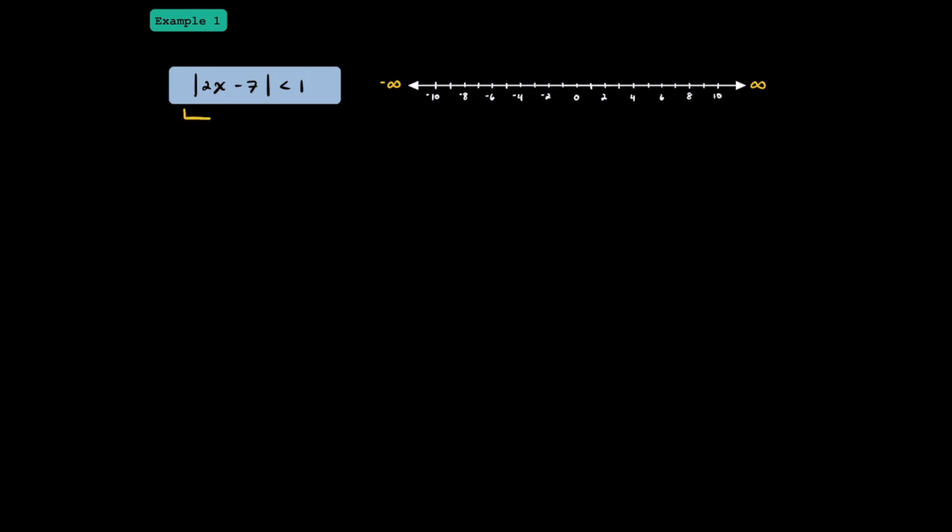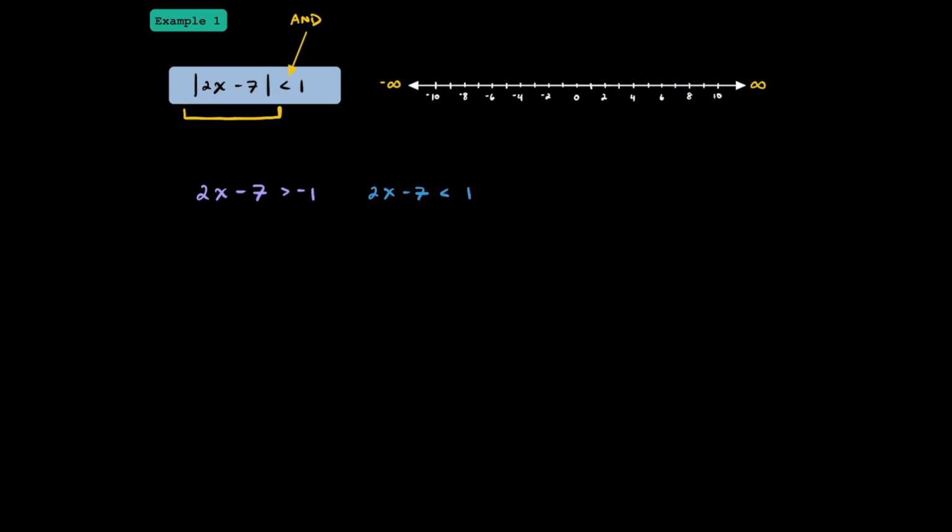First, it's good for us that this |2x - 7| is by itself. Since this is a less than symbol, we know we're going to have an "and" compound inequality. This 2x - 7 has to be less than 1 unit away from 0. For that to happen, it has to be greater than negative 1. Numbers that are greater than negative 1 are numbers like negative 0.9, negative 0.8, negative 0.7, and those are all less than 1 unit away from 0. To be less than 1 unit away from 0 on the positive side, this 2x - 7 has to be